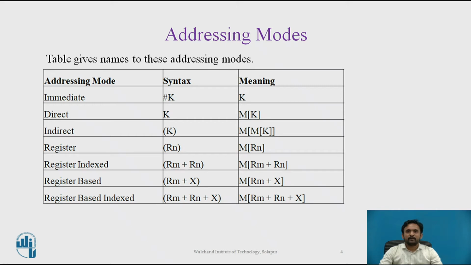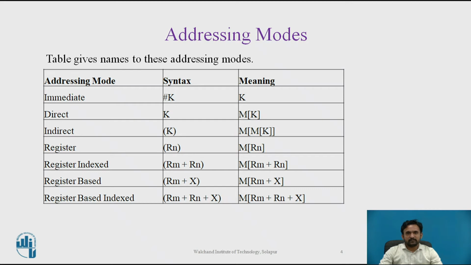Each one differs from the rest in syntax conventions. The notation capital M in square brackets X in the meaning column assumes memory is an array, capital M whose byte index is given by the address computation in brackets. These may seem to be assertions of addressing modes and their usage.